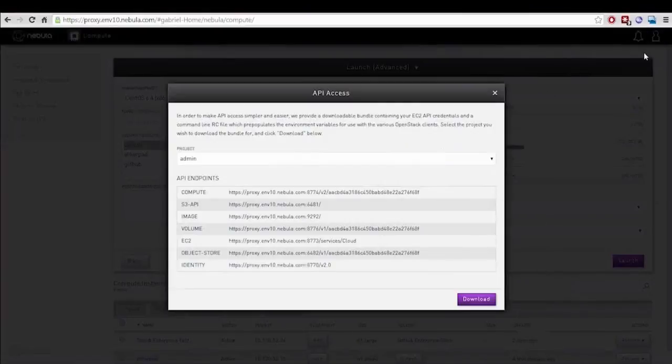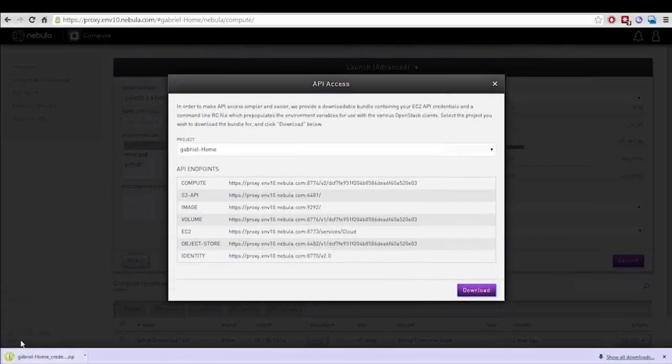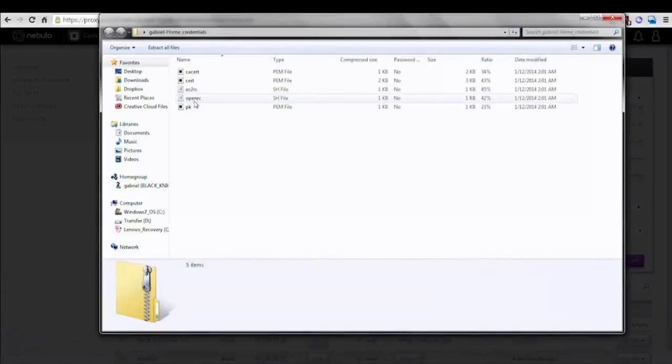So I need to do one last thing here. I'm going to download a credentials bundle, and this OpenRC file contains my kind of